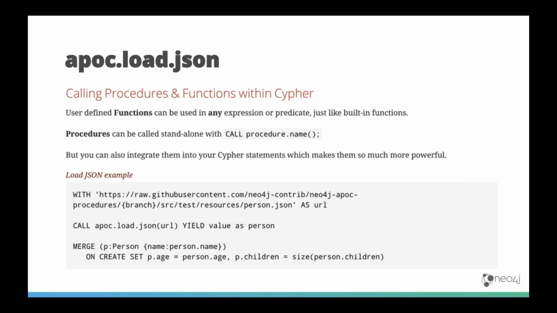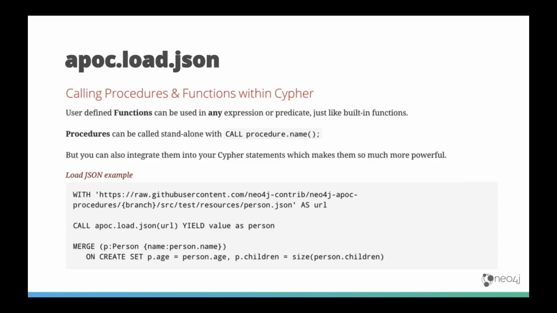So at the top, we're defining a URL where our JSON file exists. That can either be somewhere on the internet, so it could be an HTTP link, or it can be a file system link. And we're going to look at file system links, in case you notice the discrepancy between the examples. Once we've got that URL, we say call apoc.load.json, we pass it in, and what it gives us back is a